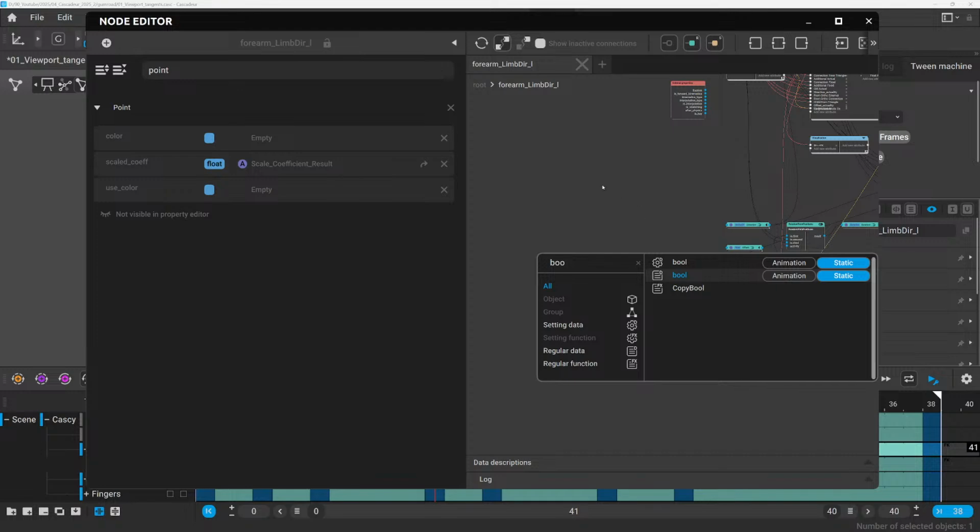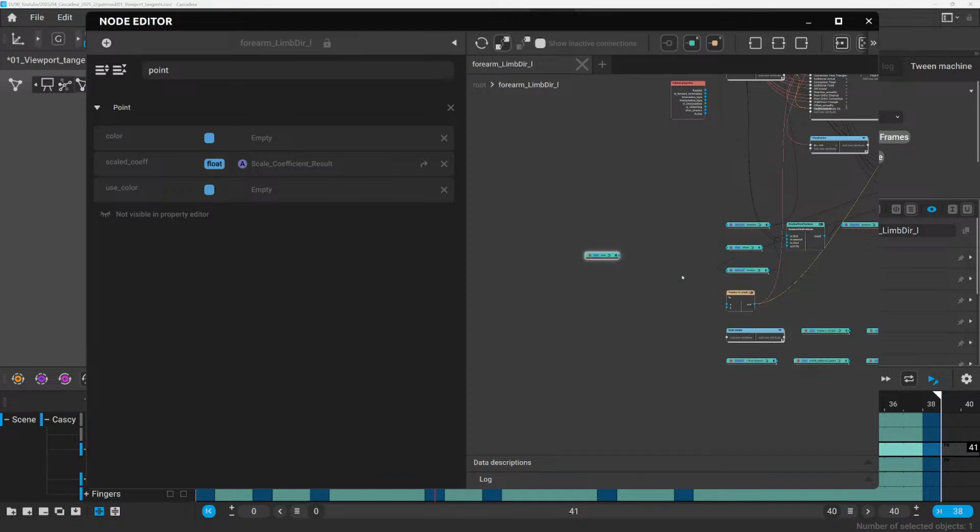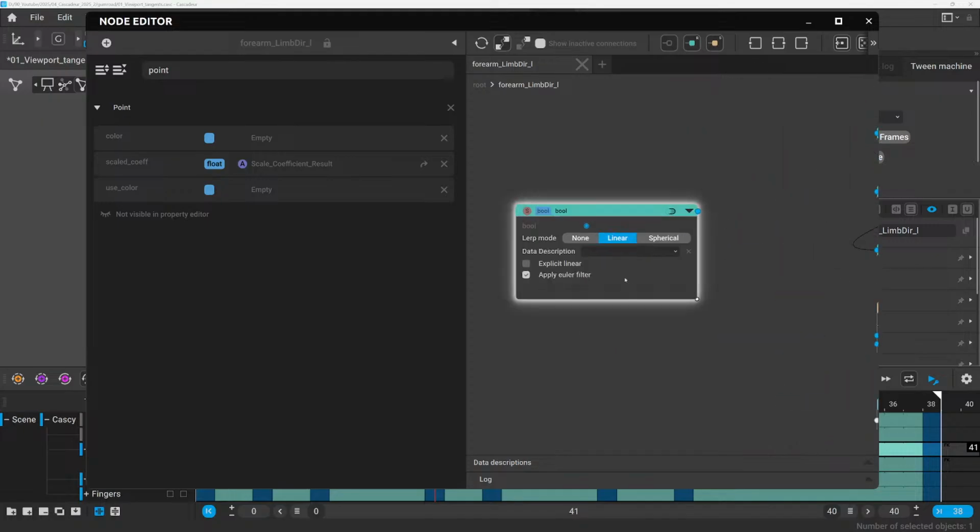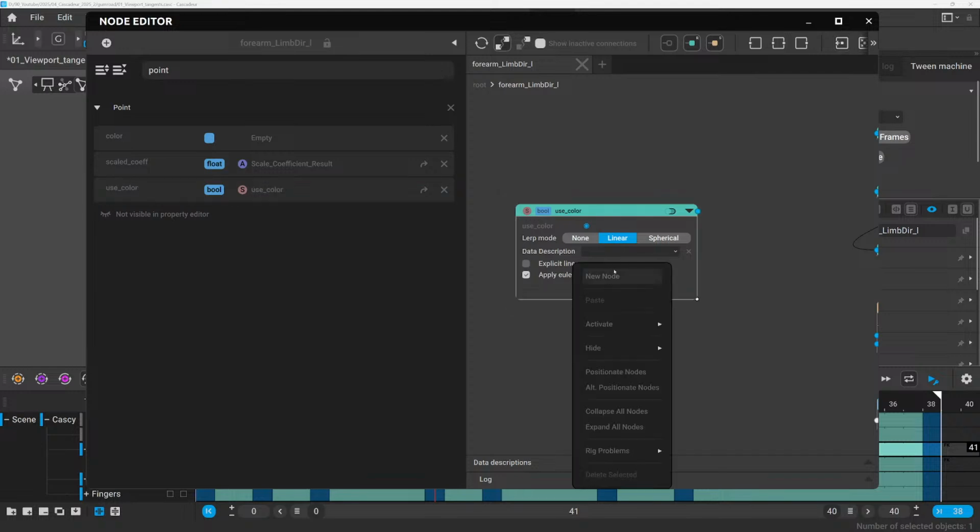Where did I add it? Okay, it's there. So this one is the part that for me is not so straightforward. This would be use color. So I need to press Ctrl and press here. Yeah. So if I hold down Ctrl and click on this, the selected variable will be inserted for the behavior, and